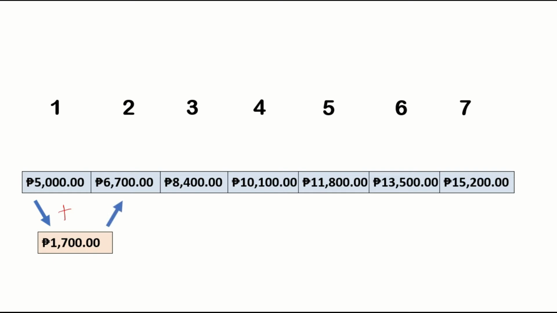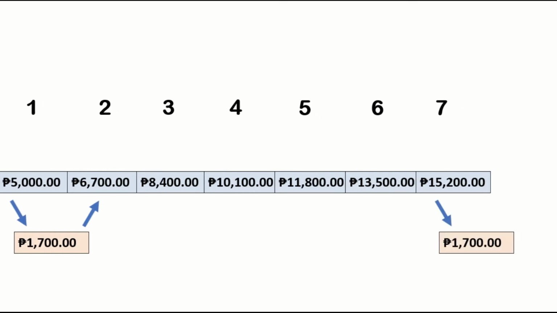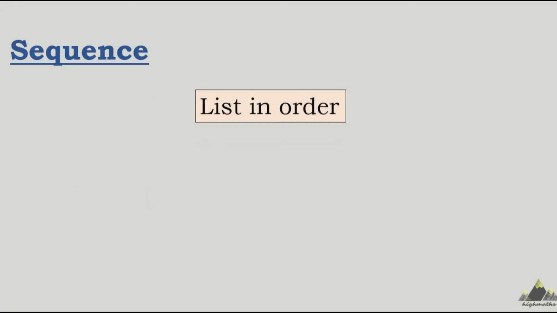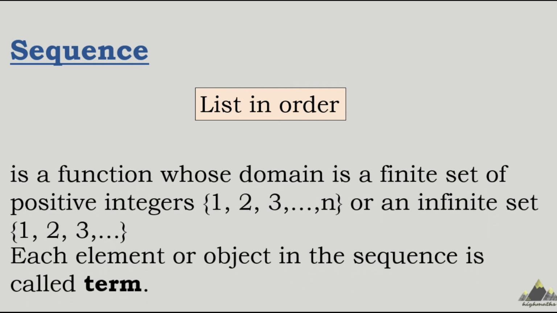Any such ordered arrangement of a set of numbers is called a sequence. A sequence is a list of things, which usually are numbers, that are in order. Just like, for example, the set of polygons and the list of savings of Mr. Santos a while ago. In the discussion of sequence, we often use some symbols or mathematical notations, just like the following for the terms